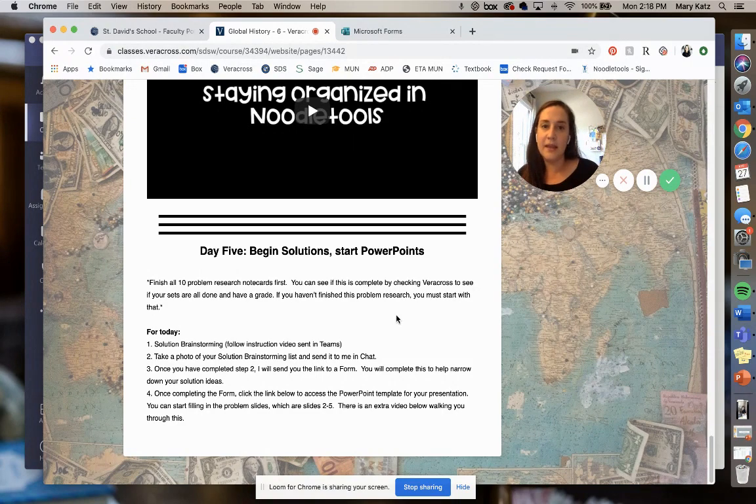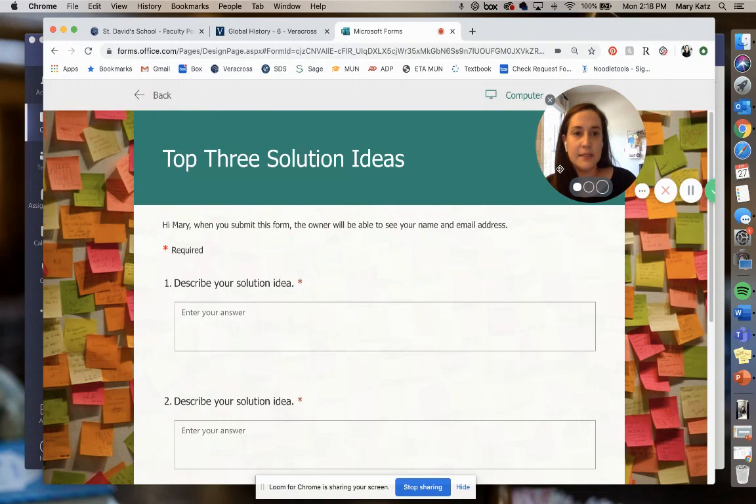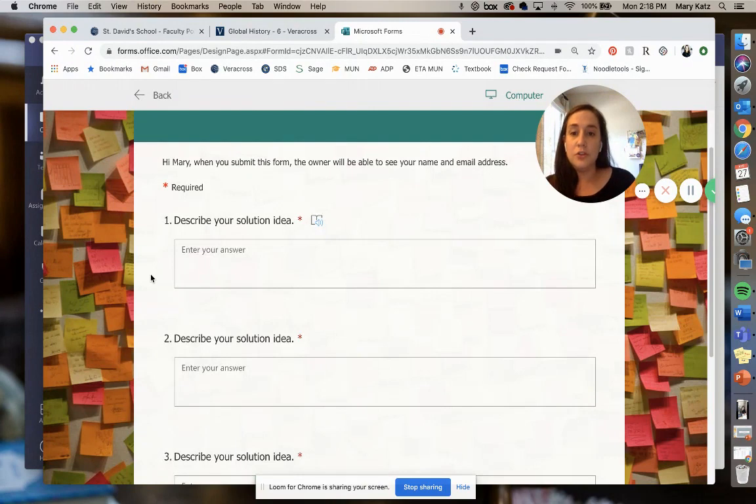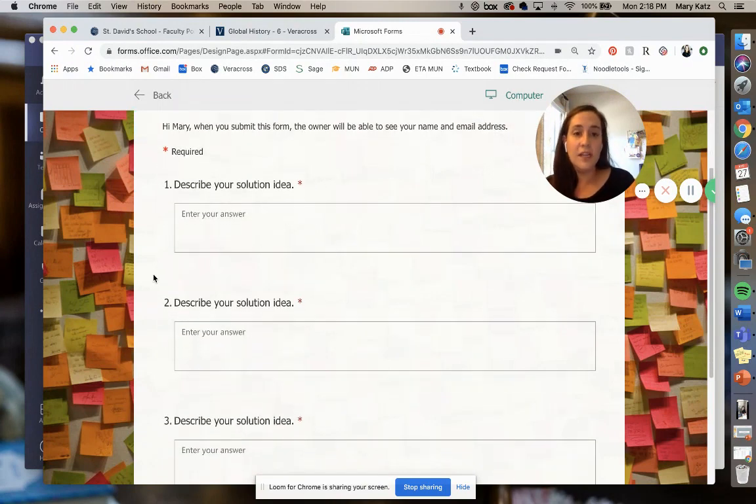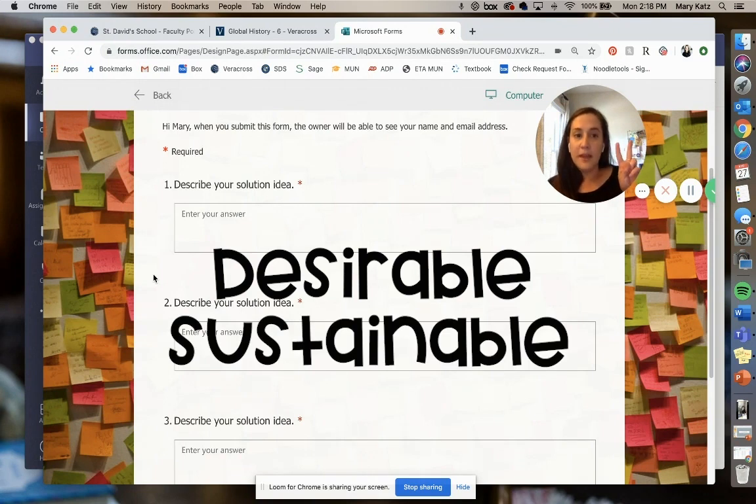With that list and this form on Microsoft Forms, you're going to choose your top 3 solution ideas. Again, you'll get this link after you send me the photo of your solution brainstorming. All this is the same 3 questions. What I want you to do is choose the solution ideas that you think are 3 things. At St. David's, in the Innovation Warriors program, we use 3 things to help us create good innovation. We create things that are desirable, meaning it's wanted or needed, that are sustainable, meaning it can be repeated or it can last, and that are